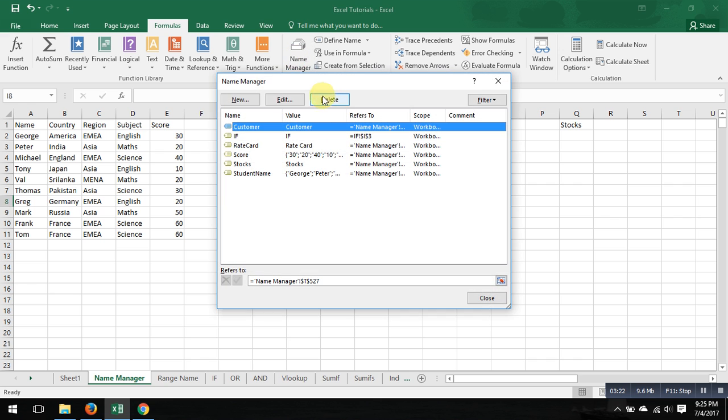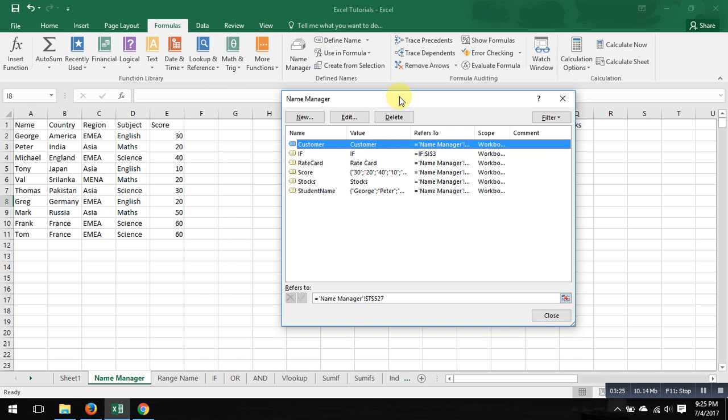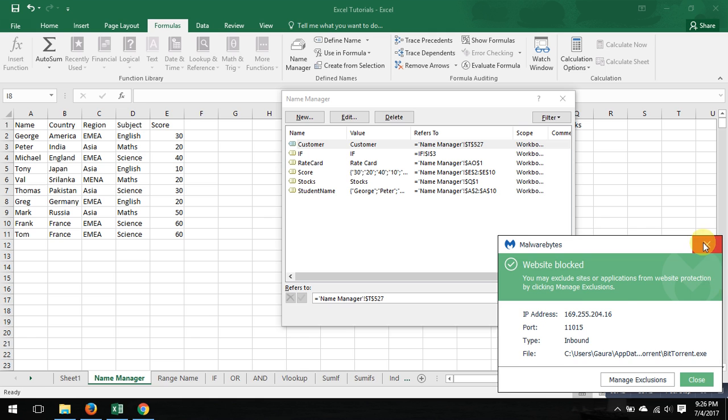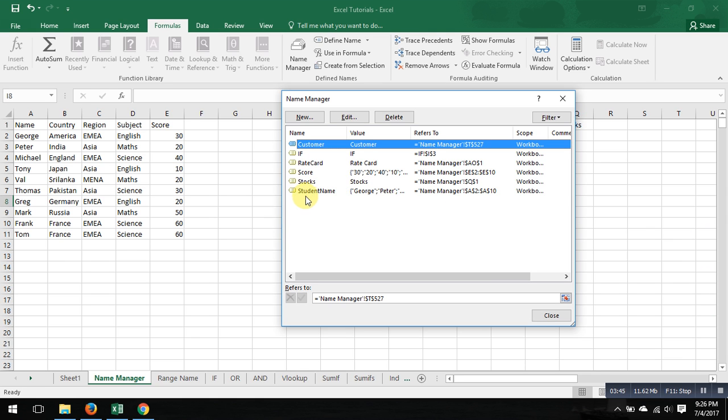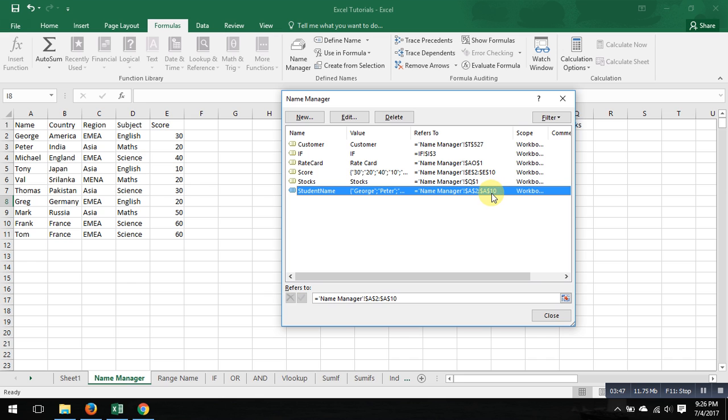You click on it and then you see all your namings. Like from my last video, I didn't delete them. I still have my rate card, score, and stocks and stuff like that. You can see for customer it's just one cell. But for student name, I have a range B2 to B10. Now if I have added another student and I want this to be part of my range name, I'll just go here,